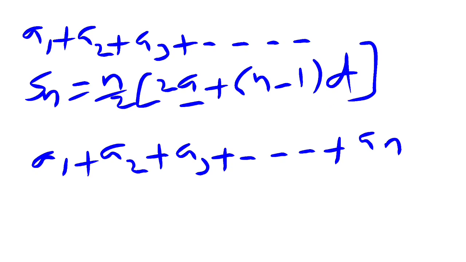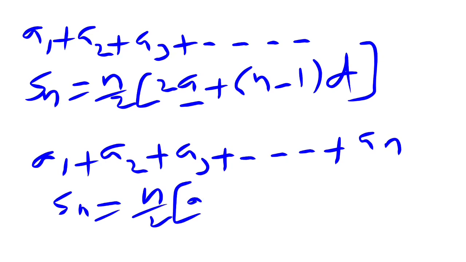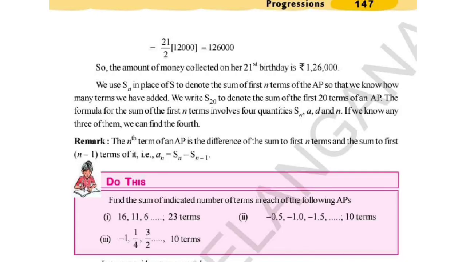Coming to another arithmetic progression, here also a1, a2, a3, and I took the plus symbol. But here the last term is available. So when the last term is available, you can use n by 2 of a plus l or n by 2 of a plus an. So let's do some problems on this topic, then you will understand very clearly.